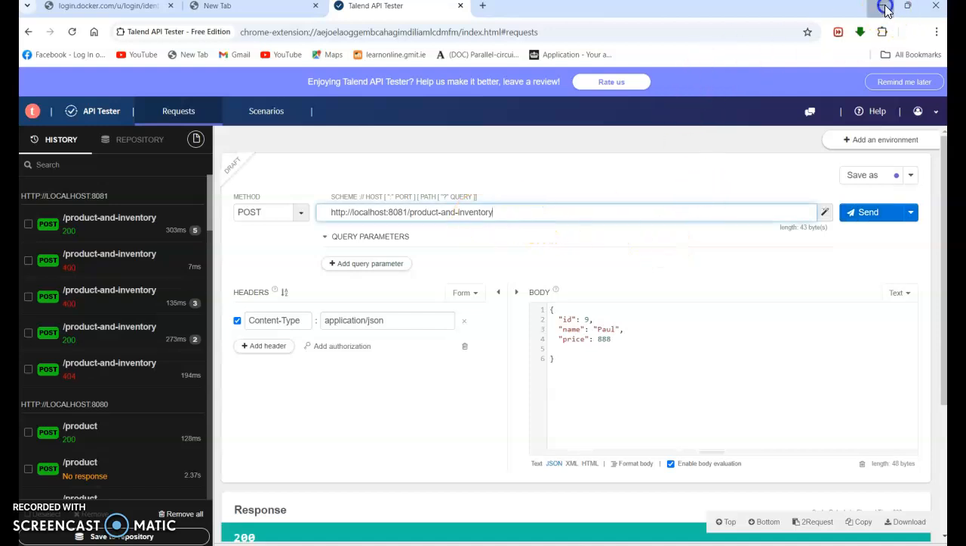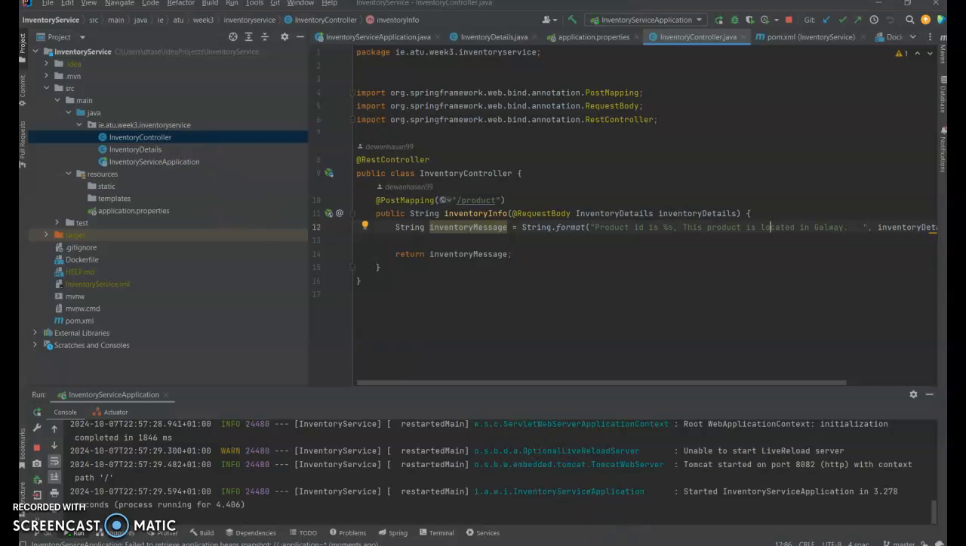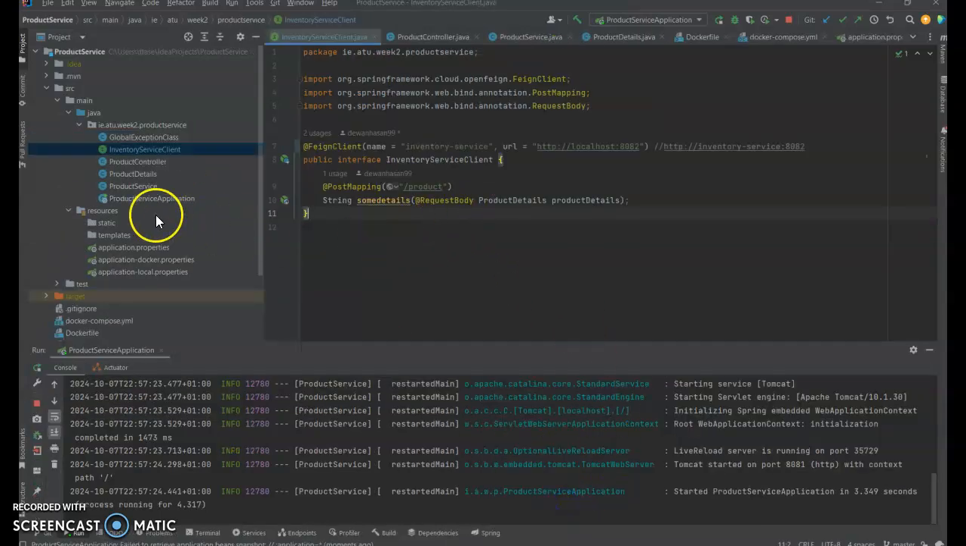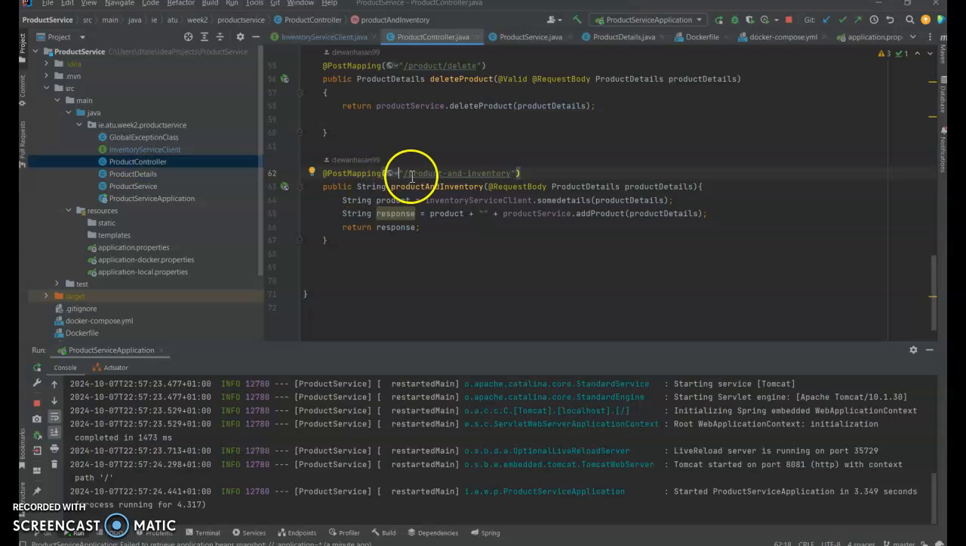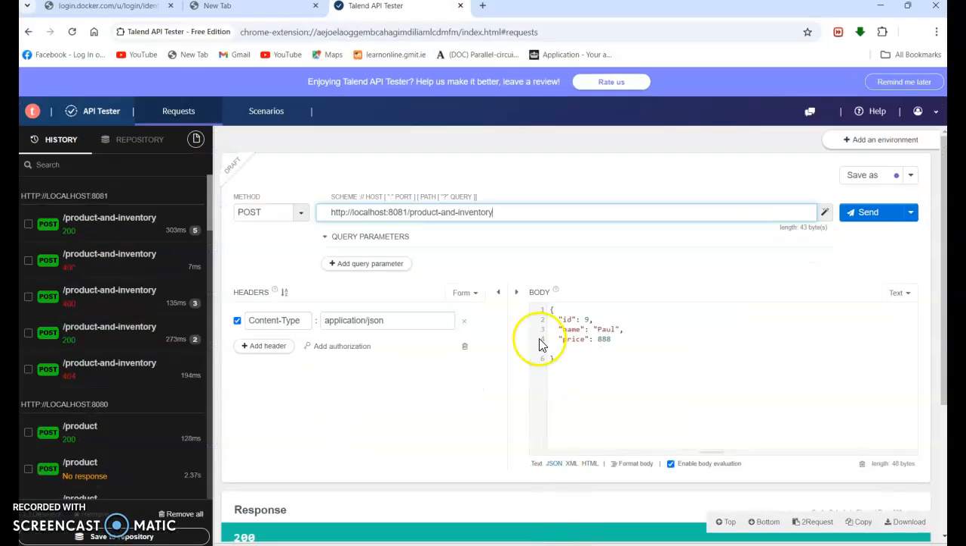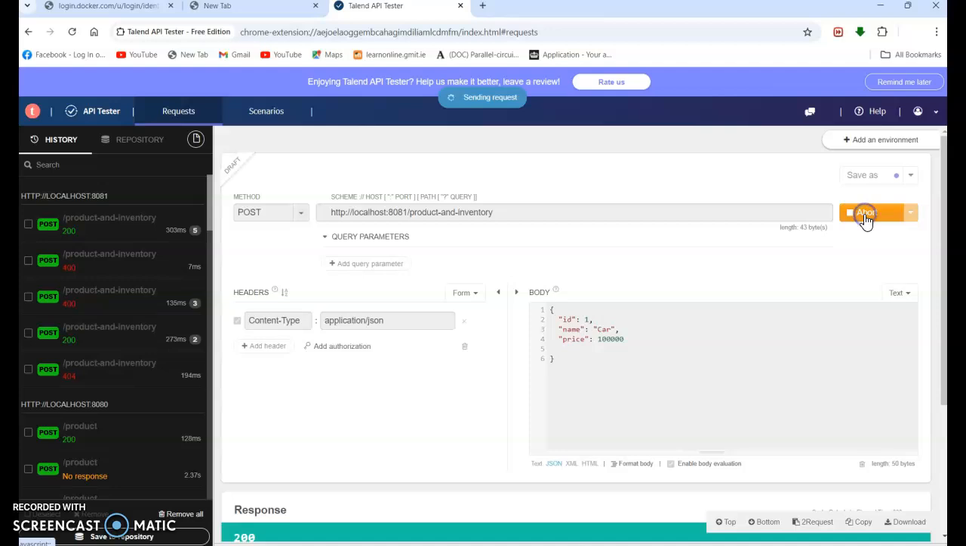As you can see here, I've called the endpoint that I've stated here in product controller. This endpoint will have to call the other service. So I've called it here on port 8081, product and inventory. So if I give it an ID and the name of the product and price, right, send it there,